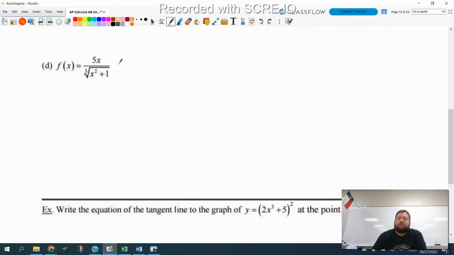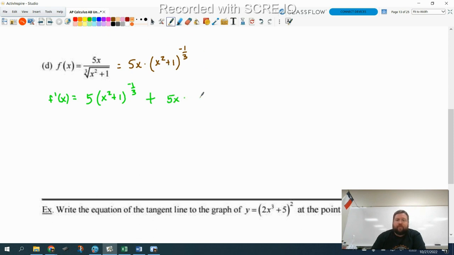So I'm going to rewrite this one as 5x multiplied by x squared plus 1 to the negative 1/3 power. So now instead of using the quotient rule, I'm going to use the product rule. So f prime of x is equal to, I start with the derivative of 5x, which is 5, multiplied by x squared plus 1 to the negative 1/3. Then I'm going to do plus, and I'm going to keep the 5x this time and multiply by the derivative of this thing. So start with the power rule, negative 1/3,